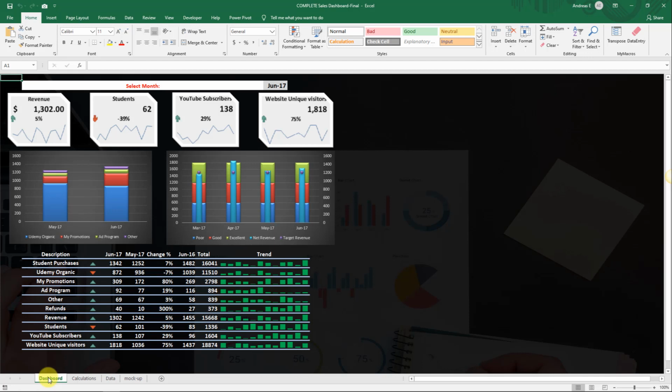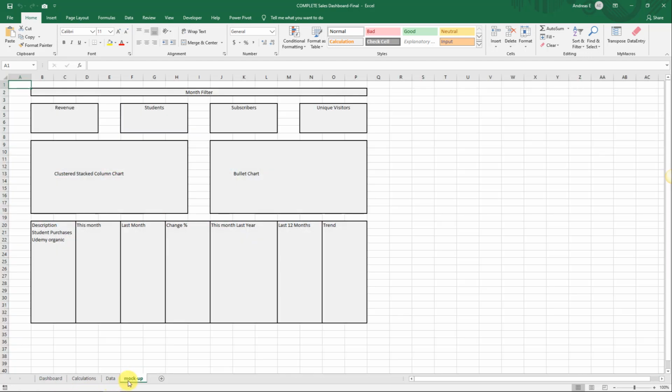Before we ask ourselves what is the dashboard going to do, we have to follow the dashboard creation process. The steps that we are going to follow is first defining what the dashboard should contain, for example the metrics and the purpose of them. Then we'll define the mock-up of the dashboard and how it will look like.